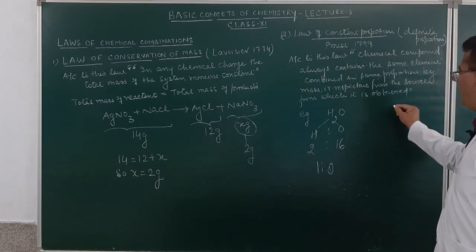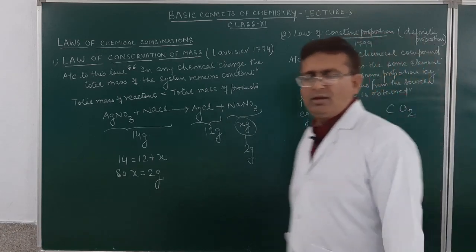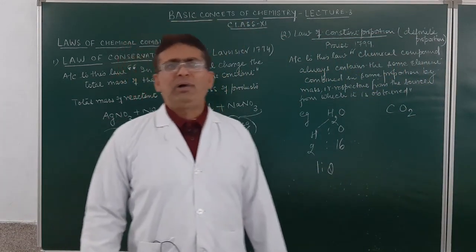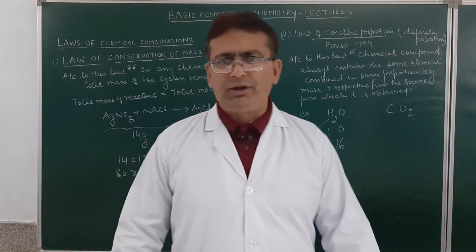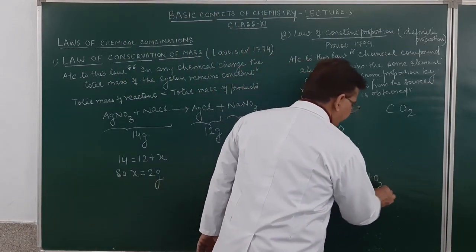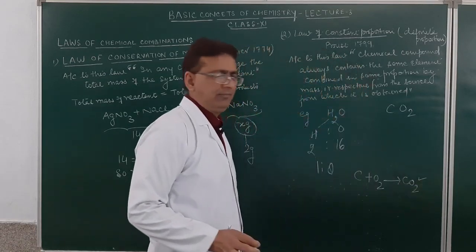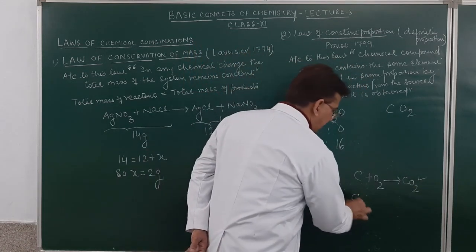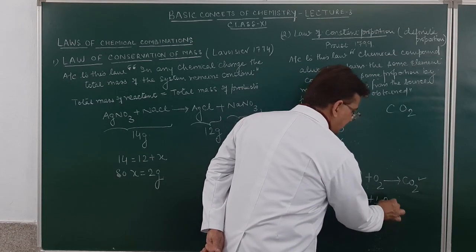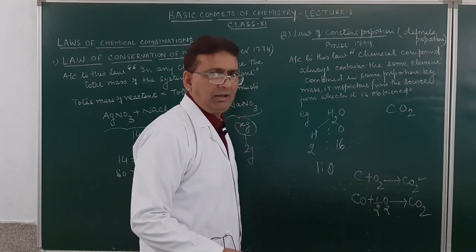Now suppose we take carbon dioxide. Carbon dioxide is a gas. By what various ways can we obtain carbon dioxide? Carbon dioxide can be obtained when carbon combines with oxygen. This can be one way. The other way can be if you take carbon monoxide gas. Carbon monoxide gas, when it combines with oxygen gas, may again result in the formation of carbon dioxide. Am I clear or not?